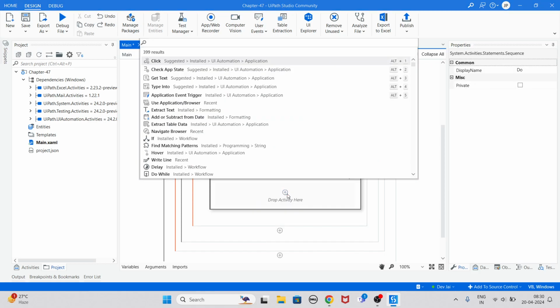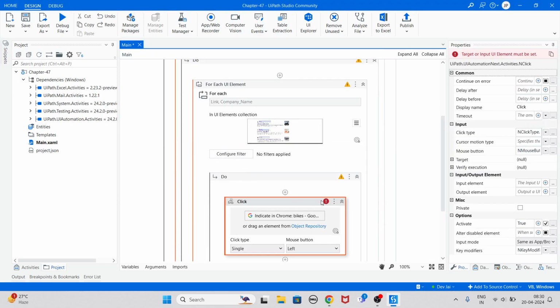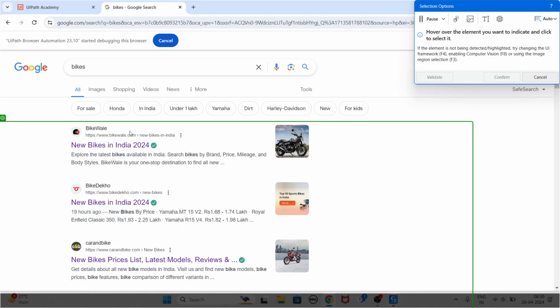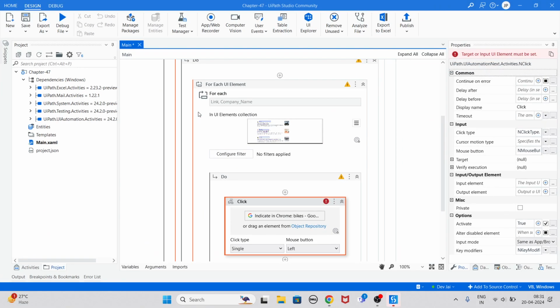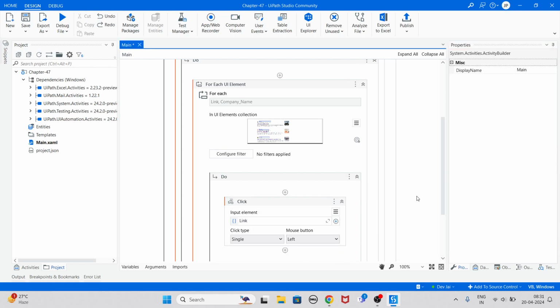if you want to do some action on that specific link, like for example if I want to click on that specific link, I will tell you later how we can display the names also. But if you want to click on that specific link, I can press over here, and sorry, I don't have to press because I have the link with me, so I can directly go to the input element and go with link over there. Okay. And it will automatically click on that link, right? So let's see,